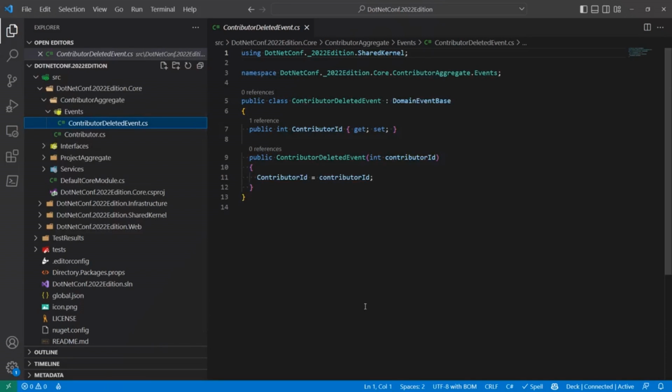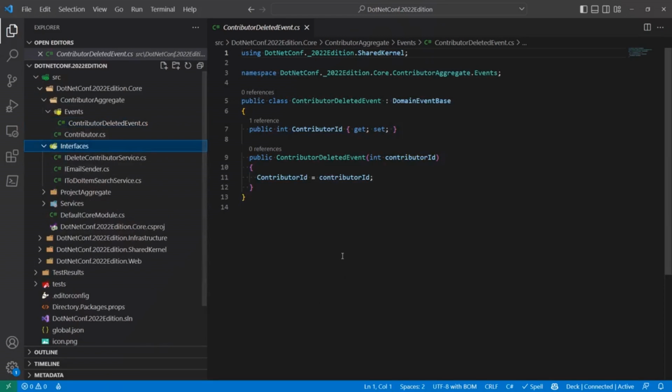And so if you're using domain events, it kind of makes sense to put the domain events that relate to a particular aggregate or to a particular entity near it, rather than just putting all of them in the one top-level events folder, for example. We have interfaces for different services and things we want to use. A lot of the interfaces we're going to use are pretty common, and so they're actually defined in the shared kernel, which we'll talk about soon.